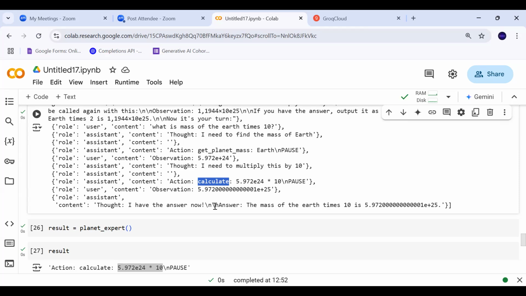Do you understand what I'm trying to say? I will parse this string, find out which method or action I need to call, and once I know the action name, I will pass the argument and it will automatically execute that action. Whatever the result is, we will pass it to the LLM. So we will continue the loop until we find action and pause. Exactly like that.